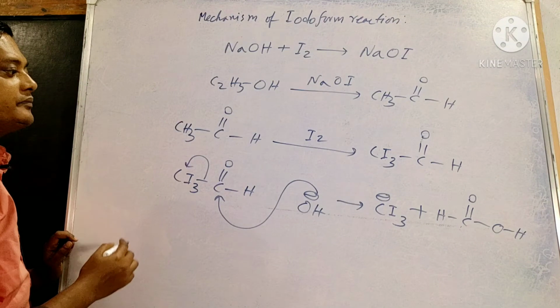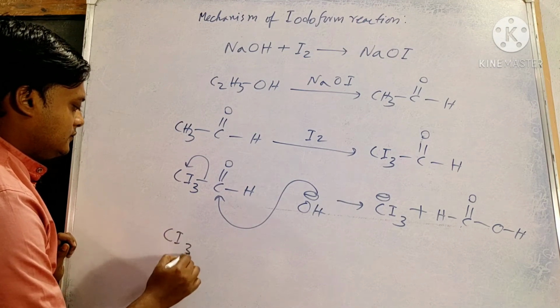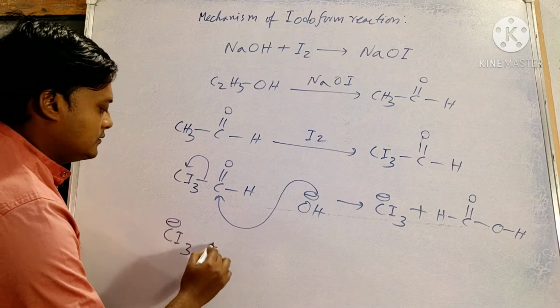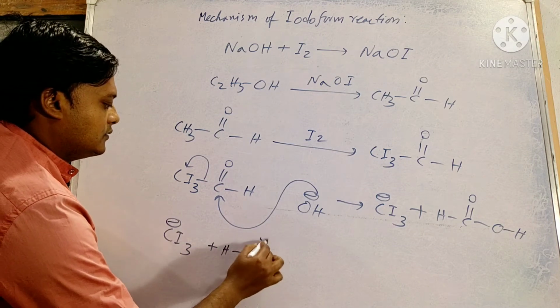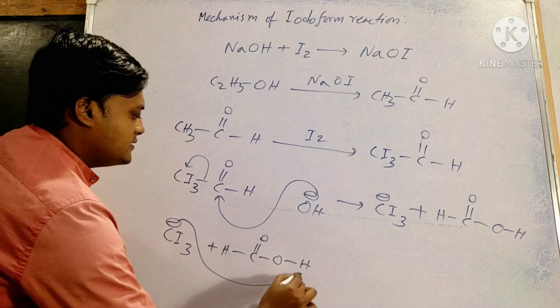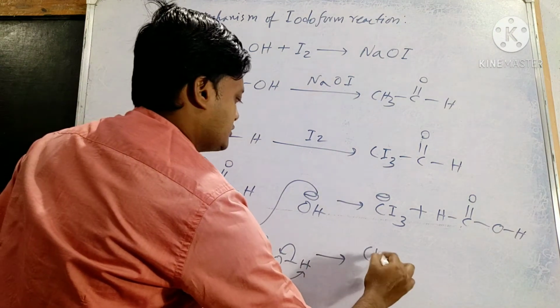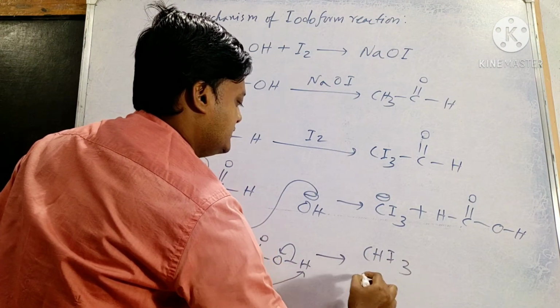And last step, proton exchange. That CI3 minus, it will take proton from that formic acid. So you will get CHI3, that is